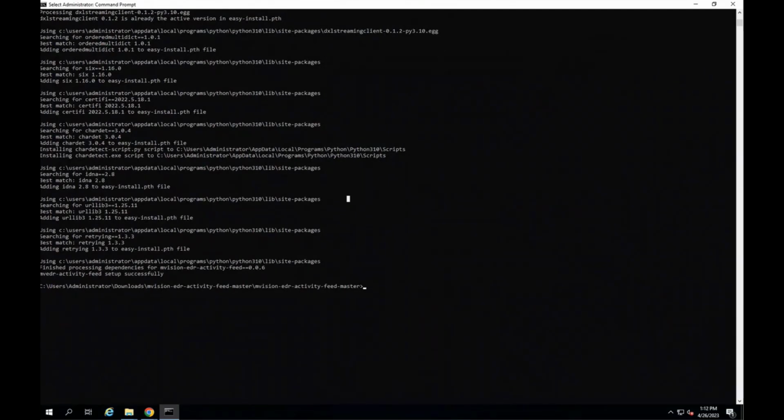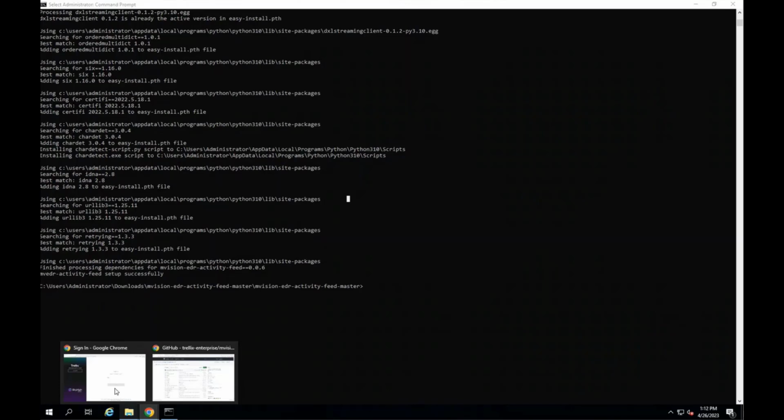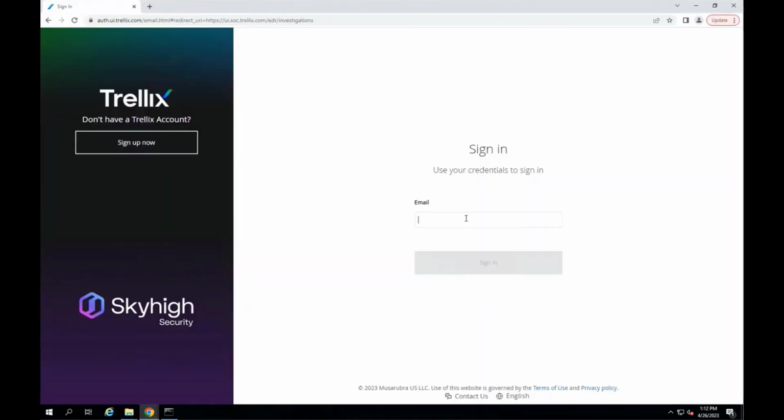All right. Now, before we proceed further, what we need is to acquire the token ID so that we can generate the client ID and client secret using which activity feed will be able to authenticate and download the threat for the specific tenant. Now, understand this part that once you log into your EDR UI, let me give you a demo here. I will be using